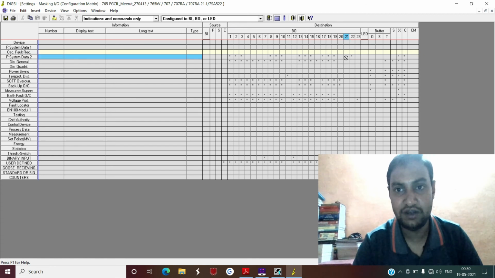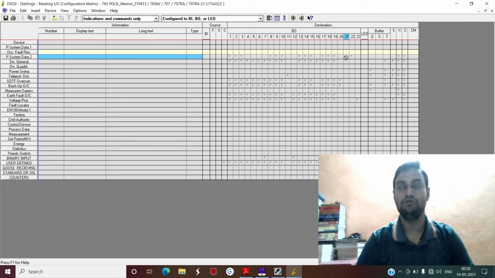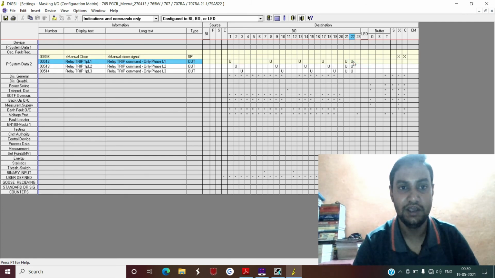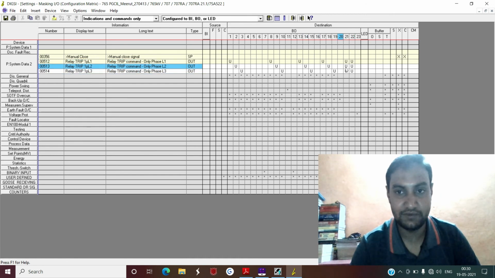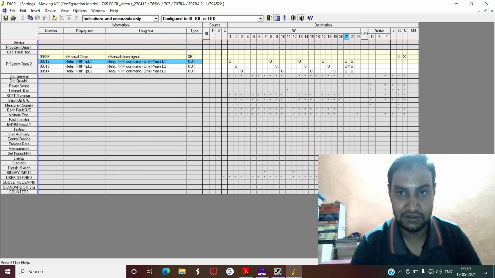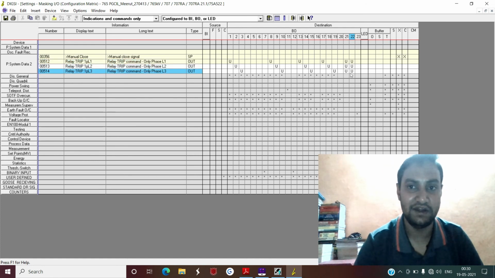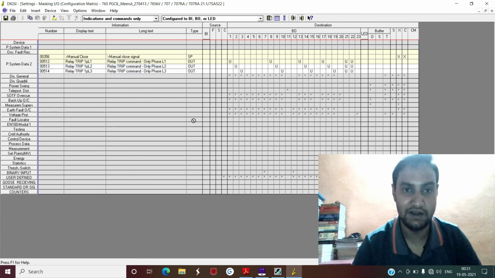Now, in which kinds of fault you want your auto reclosure function to work? You want your auto reclosure function to start in case of zone 1 single phase fault and zone 1B single phase fault. That means in case of zone 1 and zone 1B faults only, you want your auto reclosure to start. Now again, this is not a right way to configure. In this case, what they have done is that they have used this relay general trip command on phase L1, L2, L3 for a start AR, but this is not a correct way of doing.